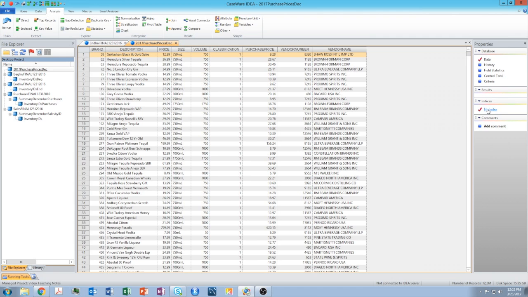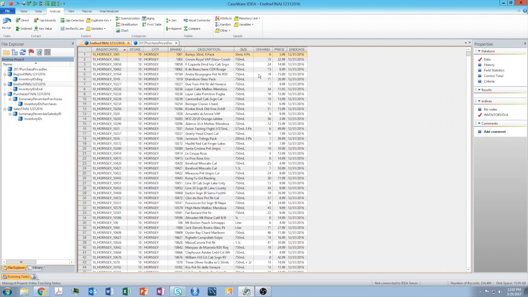There's no index on this. And now I can see this is based on brand. It doesn't have inventory ID, but it does have brand on it. And it has the purchase price, which is what I want. Because what I'd love to be able to do ultimately is have purchase price in here and maybe use what I have on hand times the purchase price to come up with my inventory cost. That'll be a different video, but right now we want to see how we can join these two tables based on a common